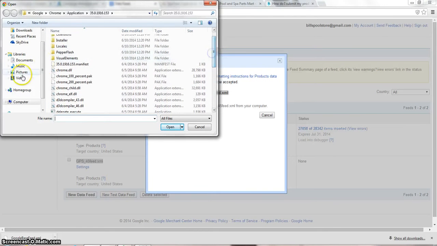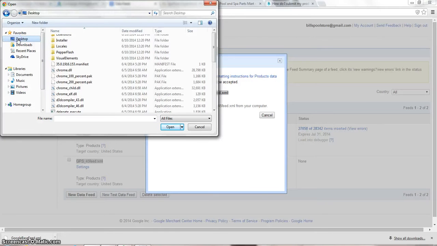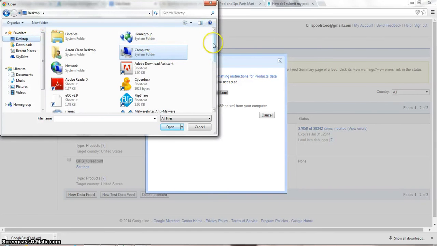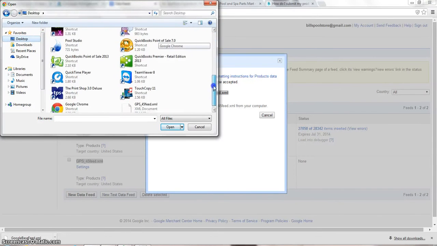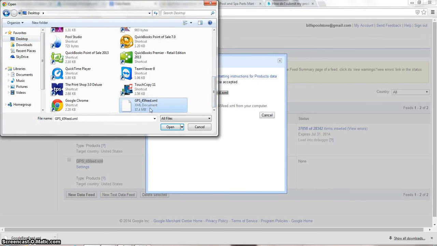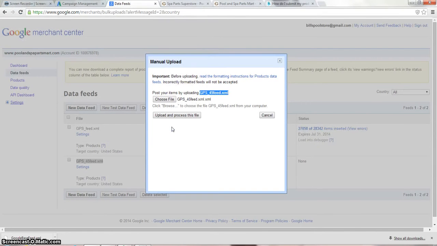then from here we're going to go to our desktop, and we're going to find the file that says GPS_feed.xml. We're going to open that file. Now notice here, this doesn't happen every single time, but you always have to kind of watch out for this, and I'm actually glad it happened this time, so I don't have to make another support video on it. Right now it's looking for GPS_45.xml, but when I pushed it over and chose the file, it actually put .xml.xml,